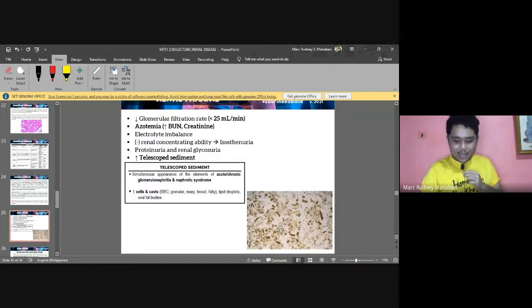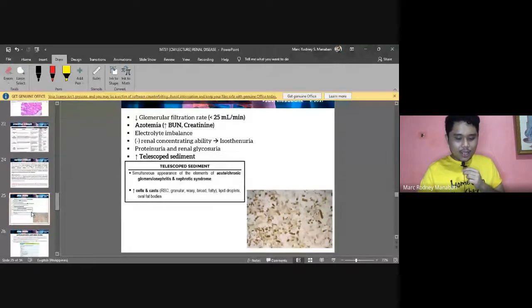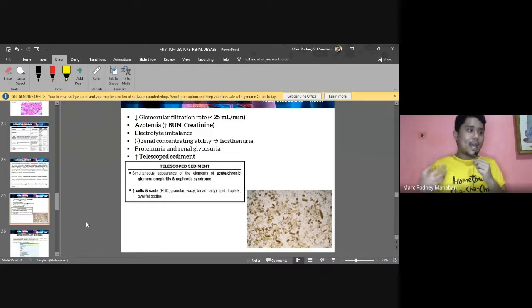As you can see, yung mga cast there, medyo hugaw, no? Hugaw na gyud ang urinalysis. Daghan kaayo mga sediments. Okay? So medyo maglisod na ka-identify because tanang cast dito, granular, waxy, broad, RBCs, mga cells, tanan-tanan, WBCs, makita na nimo in equal amounts. Okay? So that's telescoped sediment. All right? And that indicates again, renal failure. Okay, but again, telescoped sediment can also be seen in chronic GN, no? So, point lang, all right? So, there's already the accumulation of different sediments, in equal amounts, all right? And usually signifying medyo chronicity or mas intense na damage or pathology.